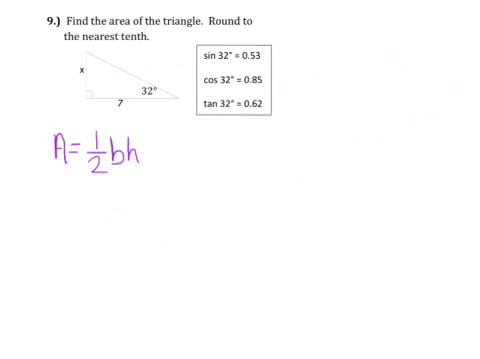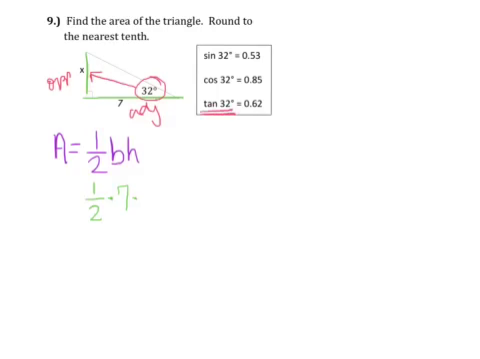Number 9, find the area of the triangle, round to the nearest tenth. Okay, so area of a triangle is 1/2 base times height. So let's plug in what we have. 1/2, the base is 7, and the height, we don't know. So we're going to have to use trig to figure this out. So 32 degrees is what we'll circle. X is the opposite side. 7 is our adjacent side. So we're going to be using